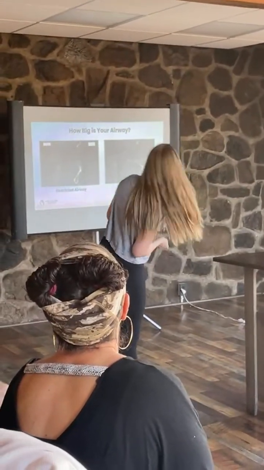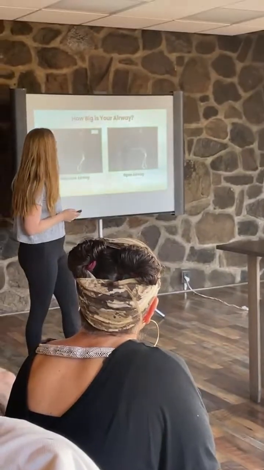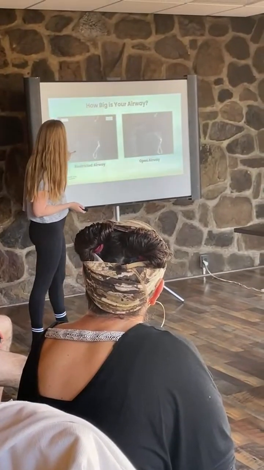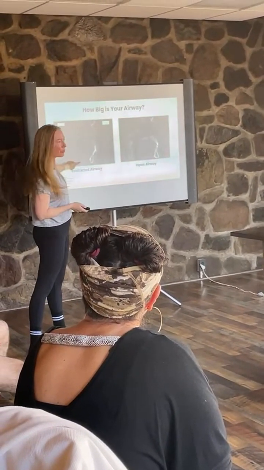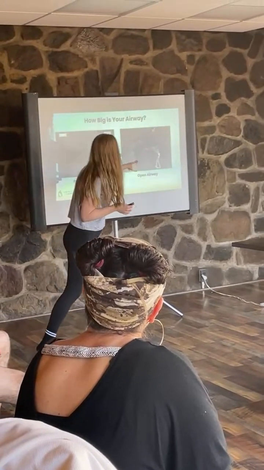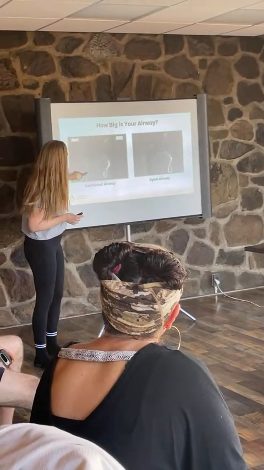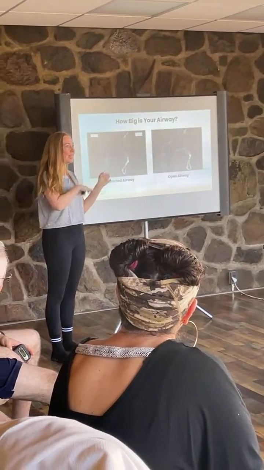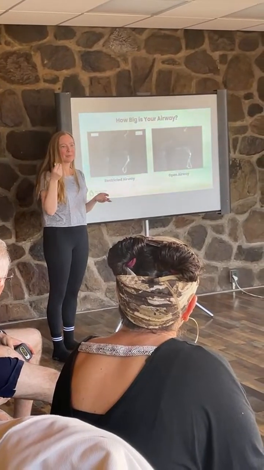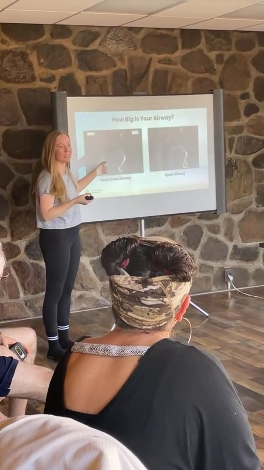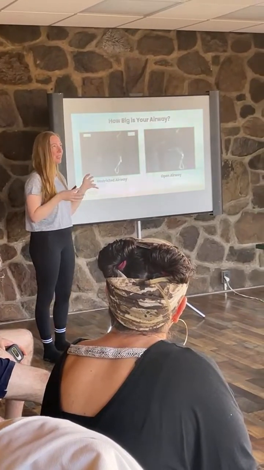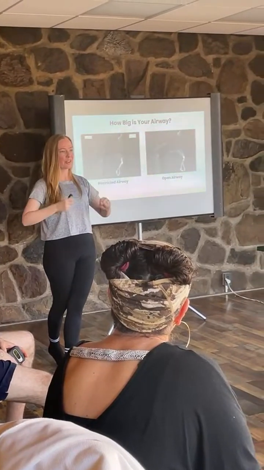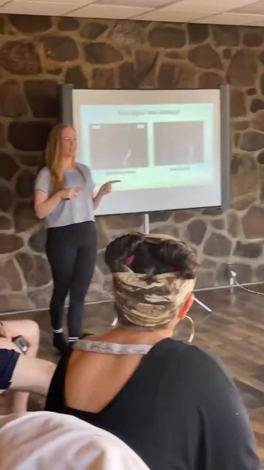All right, so I really hope you guys can see this, because this is looking at the side profile of an airway. And so this is the throat. So you can see the difference in the size of, that's the throat right there. This patient, if you imagine, it's the tiniest airway. So when he goes to sleep at night and his tongue falls back even just a little bit, he's blocked. And so this patient came to me because he had jaw problems. So when someone's clenching and grinding at nighttime, I have to wonder, is it because they're